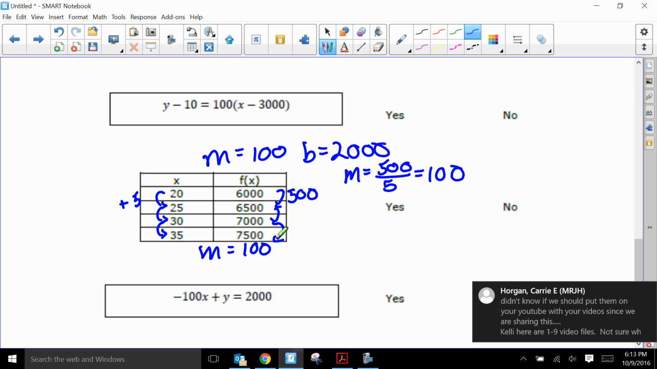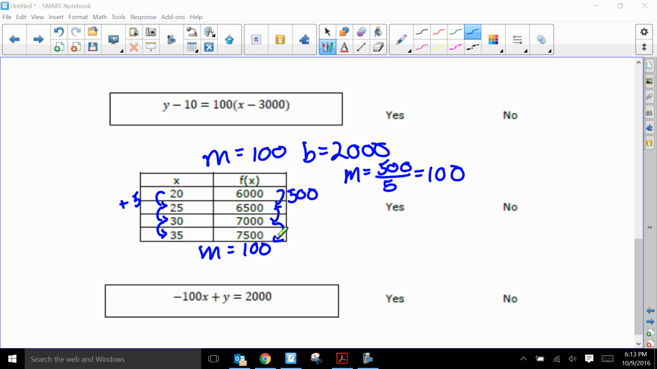My y-intercept. So there's lots of things I can do here. I can work backwards. What I like to do is just start to plug in. So I'm going to start my equation. I know it would be y equals 100 times x. So I'm going to plug in an x value. 100 times 20, which is my x value right here. So 100 times 20 is